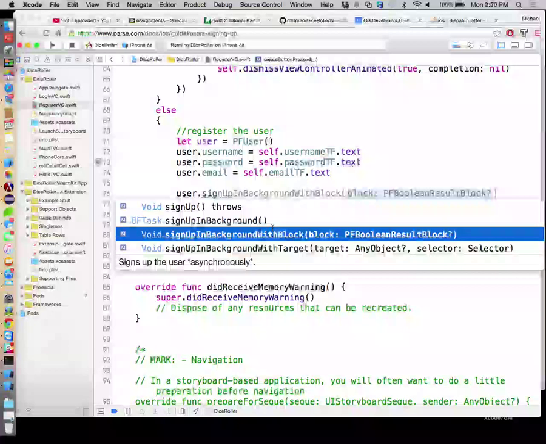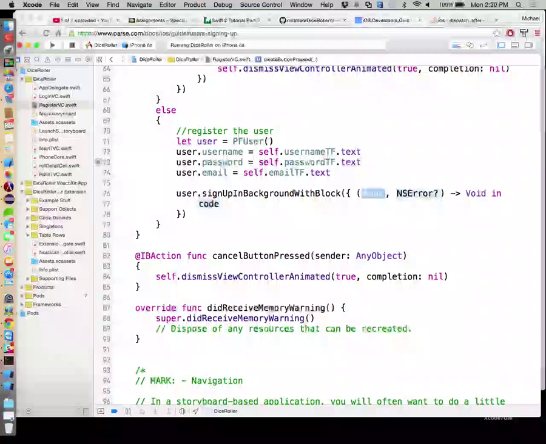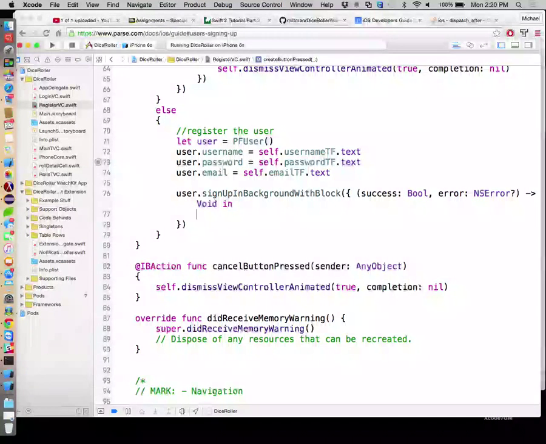Let's see. Yep, we'll use this one. So I'm going to go ahead and let that expand on its own, and then this is going to be success, and then our error here is going to be error, and then here's the code that we'll be executing within that. So if success,